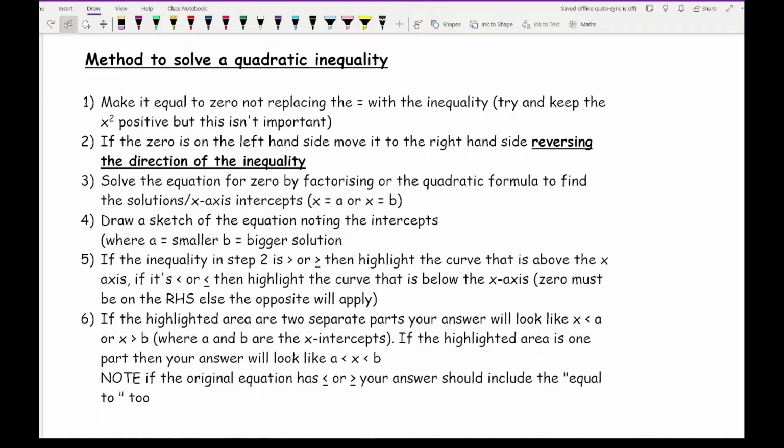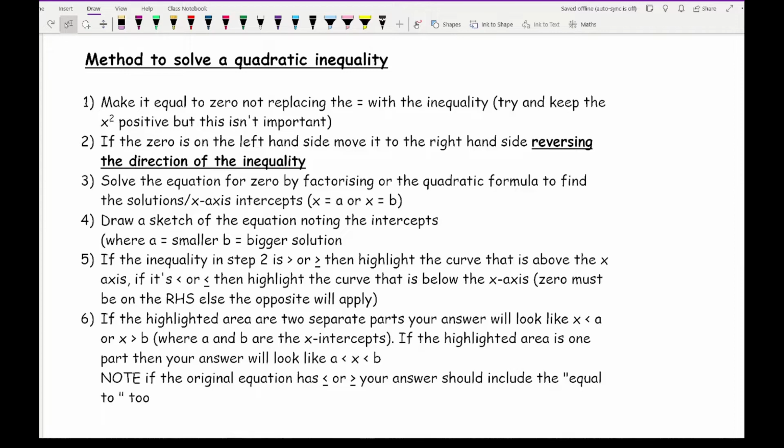Now, if any of these steps do not make any sense, do not worry. When we start working through examples, hopefully these steps will make sense. And sometimes it's really difficult in maths to describe in words what you're doing without actually doing it. So the first step is basically, like with all types of quadratics, you want to make sure that it's